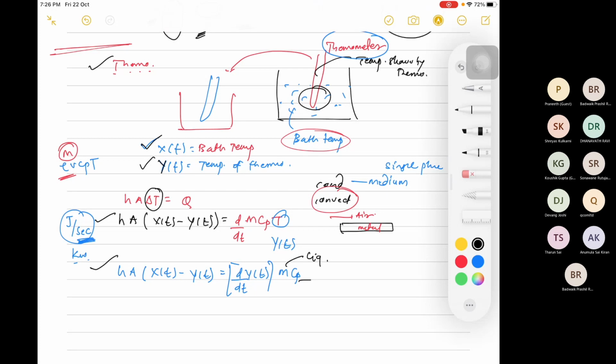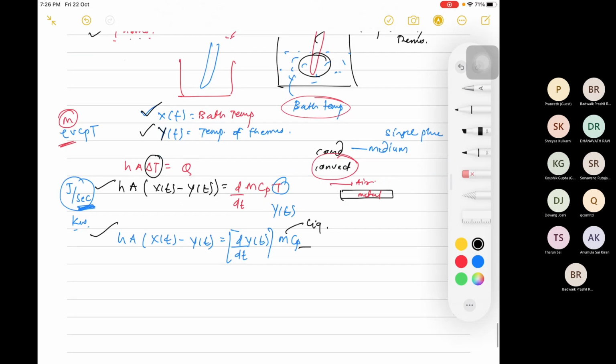I am considering only convection, neglecting all resistances. There is no resistance offered by your thermometer's glass layer and everything. There is no film. So you know what and all assumptions. Now can you compare and tell me what is Kp and tau p now? No need to do any transformation. Now directly you tell me what is Kp and tau p.